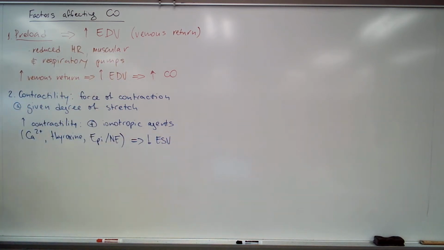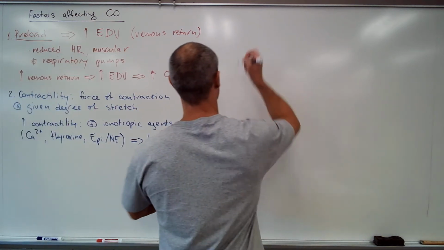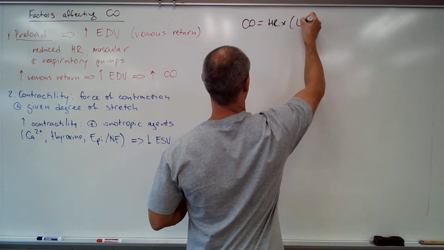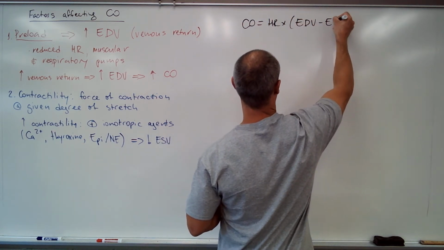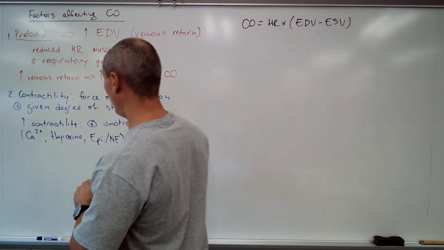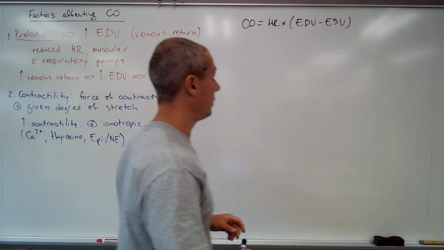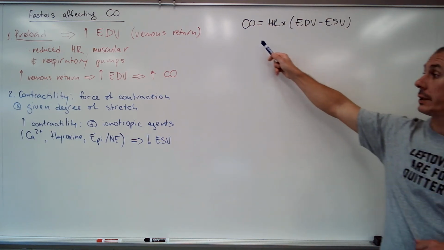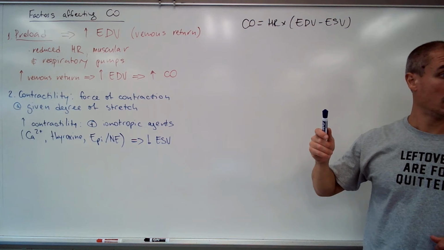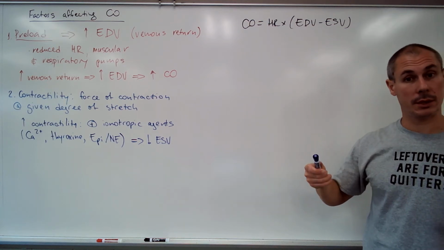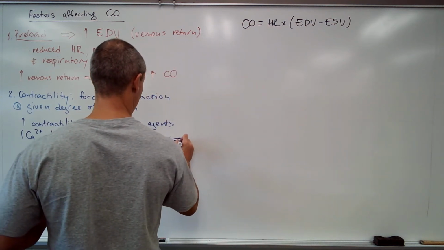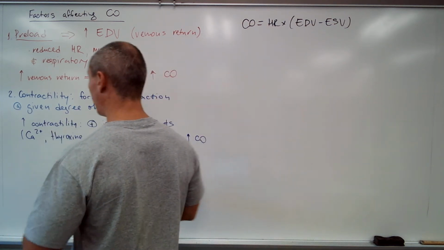And how does lower end systolic volume, and I probably should put the equation here. So cardiac output, remember, equals heart rate multiplied by EDV minus ESV. So if you, check this out, if you decrease end systolic volume, how will it affect cardiac output? Will it increase it or decrease it? Increase it, right? So that results in the increased cardiac output. And conversely,